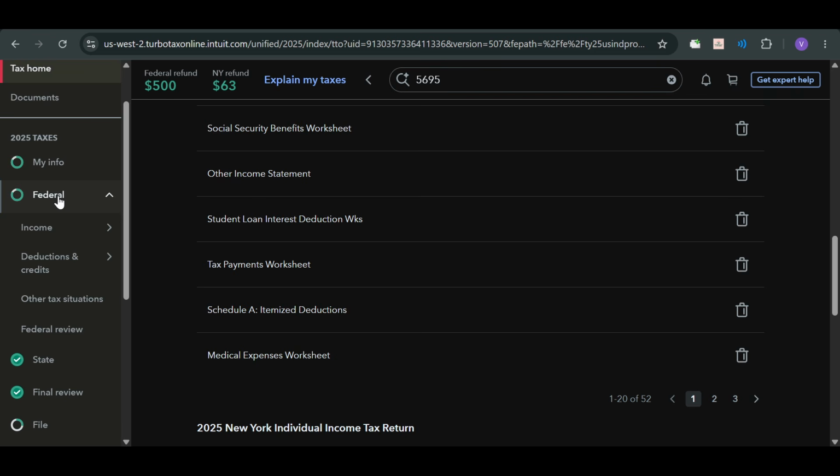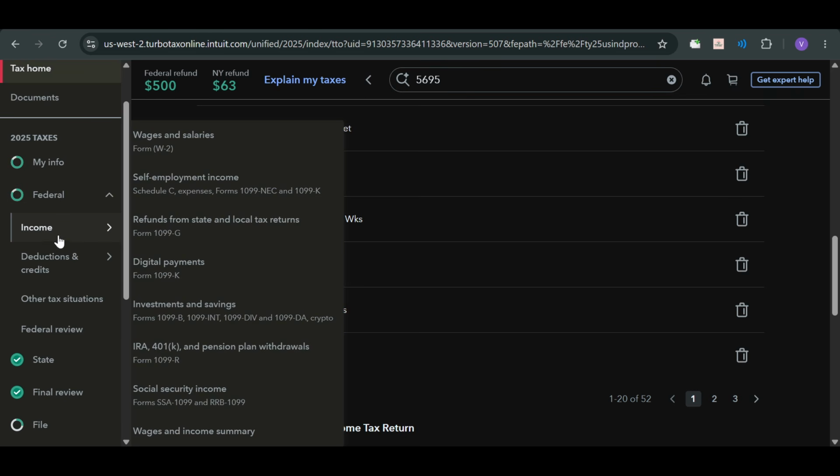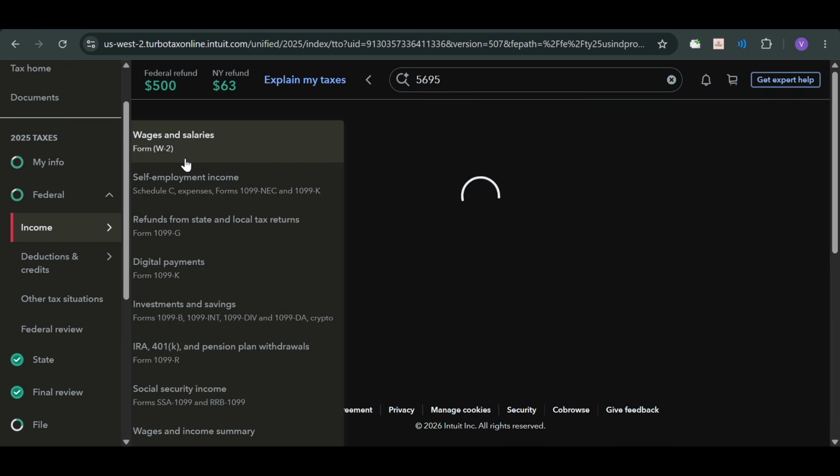Now, at the top of the page, you'll see a series of tabs. Look for the one labeled Wages and Income. In some versions, this might be called Income and Expenses. Click on this tab. This section encompasses all income sources, not just wages, which means it's where you'll input information